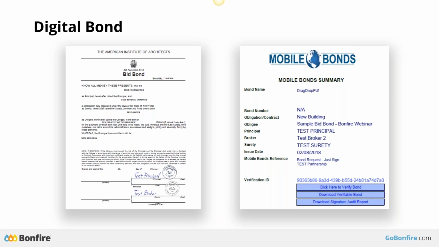It's been digitally signed and sealed by the parties. And as I mentioned before, when we place those digital signatures on the document, we're actually embedding certificate data inside the file. Now, if you're looking at the bid bond on the screen right now, it doesn't really look any different than a bid bond that you would receive in paper.